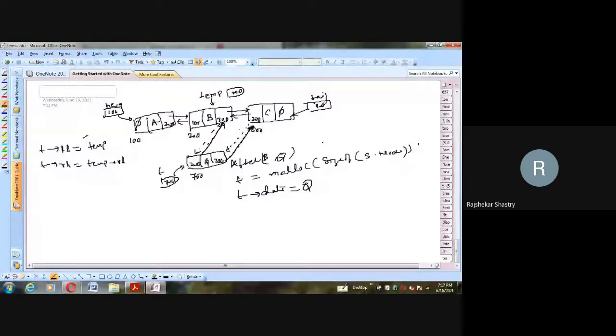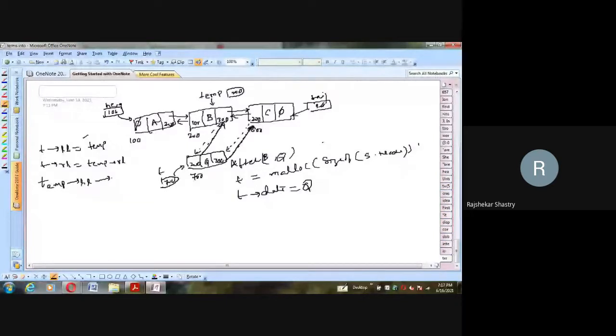Now the remaining two dotted lines. Temp arrow right link arrow left link should be equal to T. Temp is B, temp arrow right link is C, the complete C node. In the C node, the link referring to this 200 is obviously the left link.